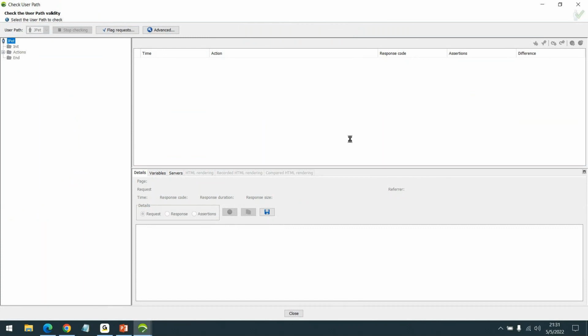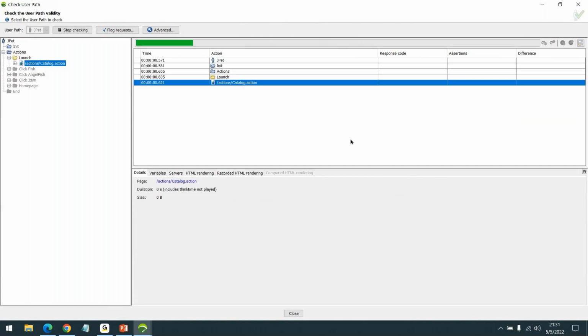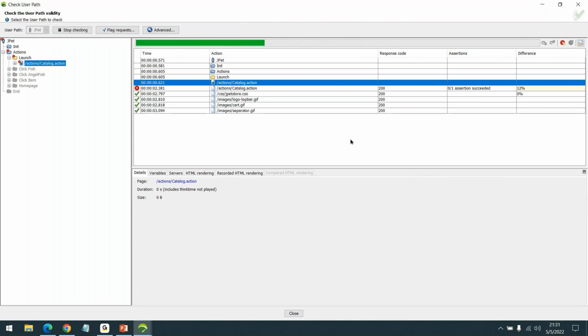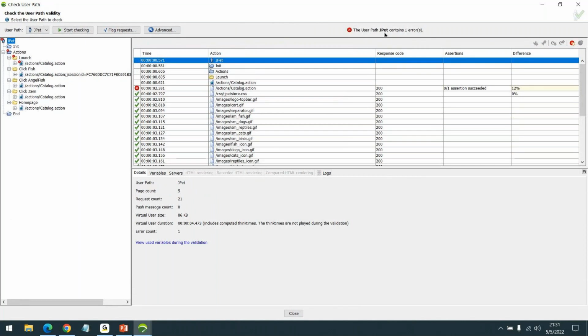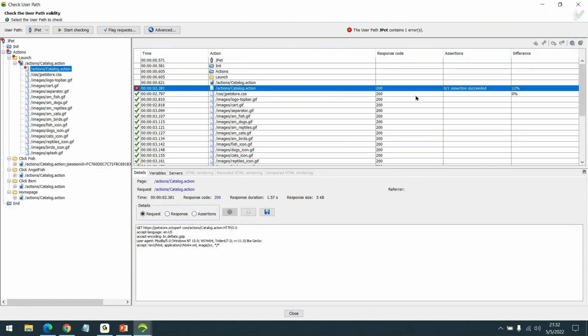If it does not find the pattern in the response, it throws an error saying it is unable to find this specific pattern. It says this user path jpeg contains one error. I can use this button to navigate directly to the failing request, and in assertions I can see the assertion failed: the response does not contain the specified pattern.